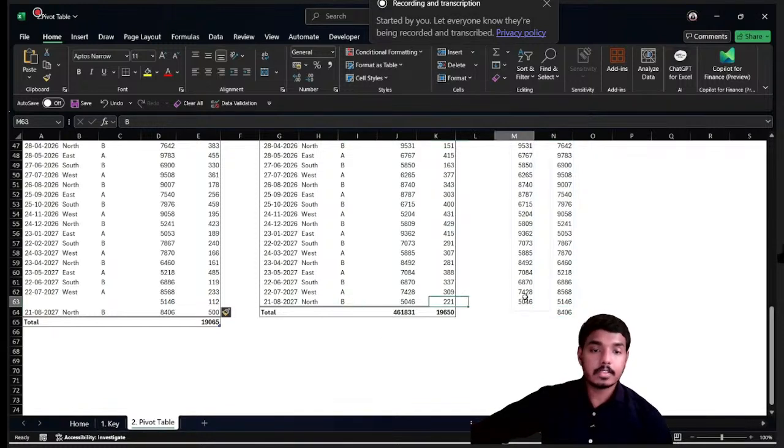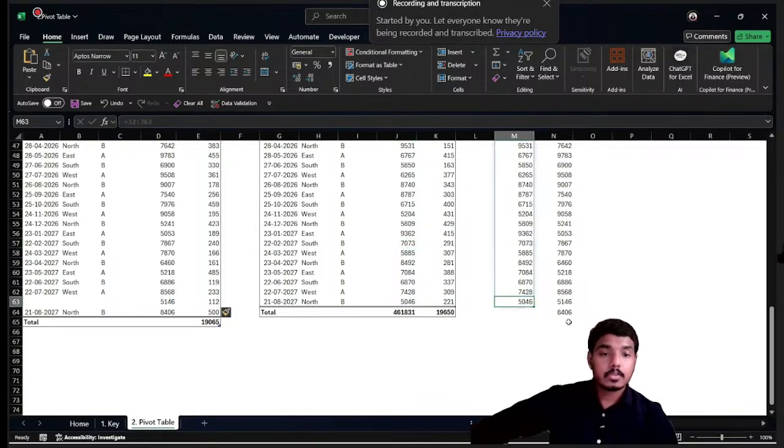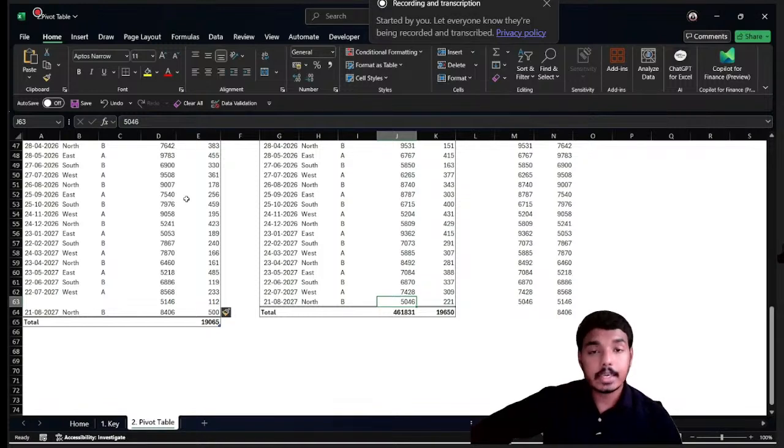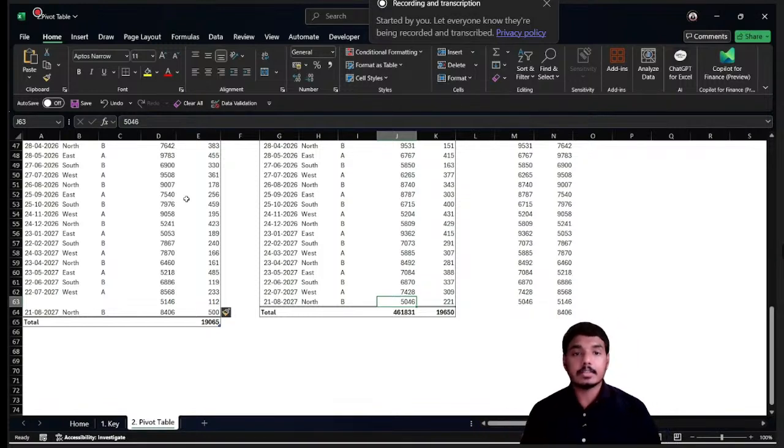But this formula, whichever was dependent on just a collection of cells, it was not an Excel table, and it did not auto-update. So this seems like a very small thing, but what happens is whenever you are using a large set of data, you cannot keep checking if your ranges are properly defined. Okay, so always I suggest you, if the data is within 1 lakh rows or 2 lakh rows, always